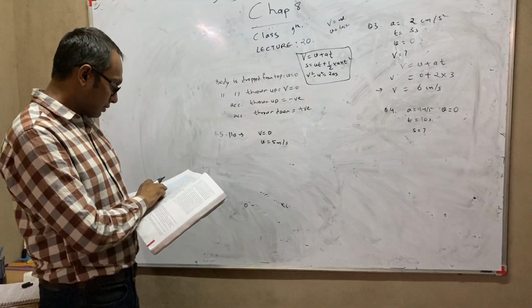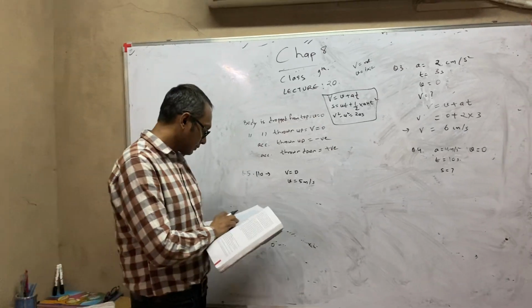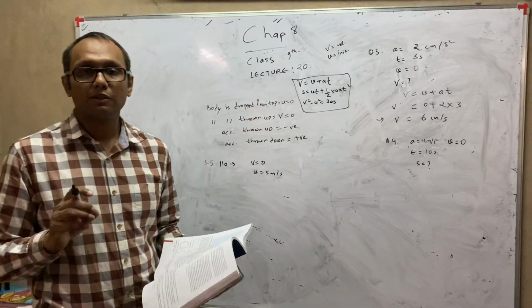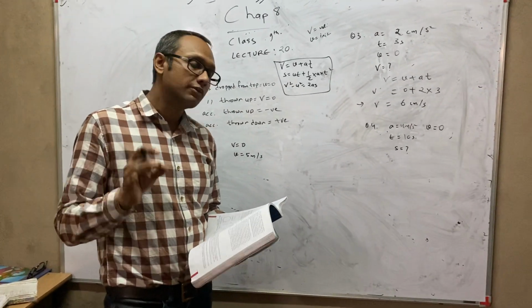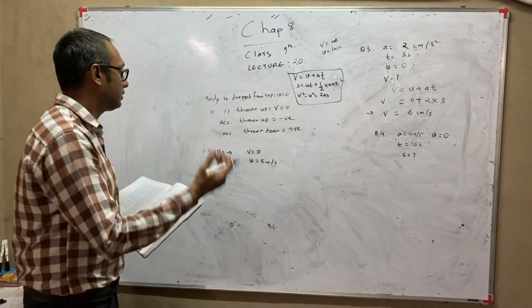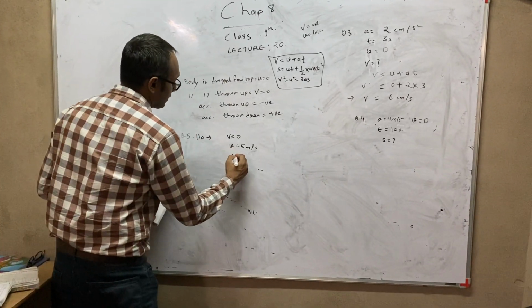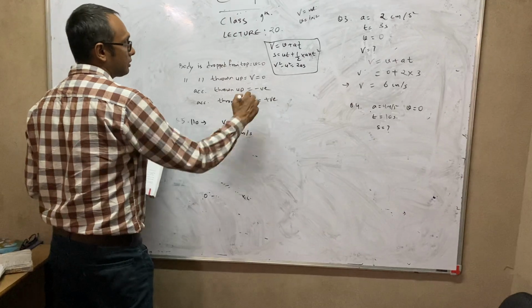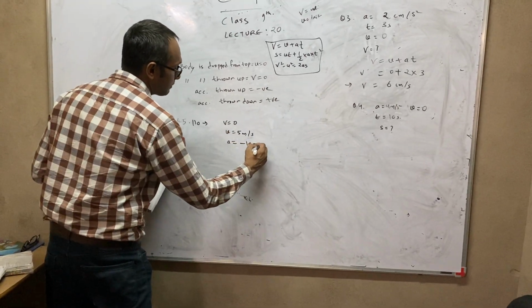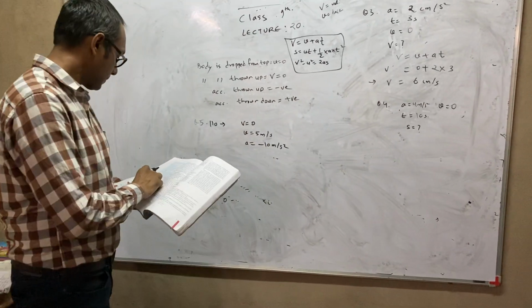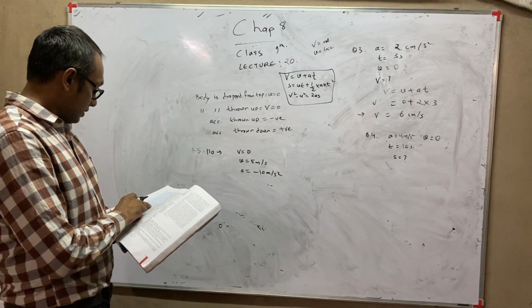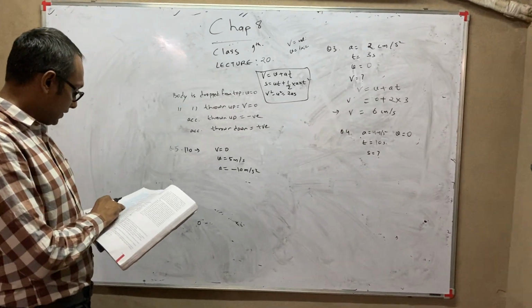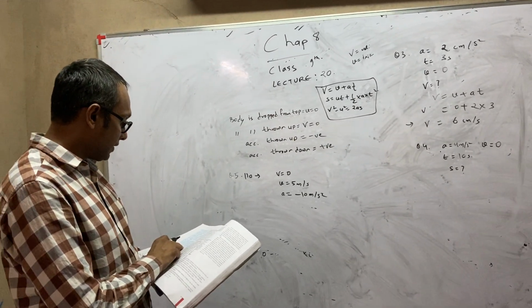The acceleration of the stone during the motion is 10 meters per second square in the downward direction. The word downward he has written to confuse you, but basically the stone is going up. So acceleration, as I said, when a body is thrown up, we will take as negative, so minus 10 meters per second square. And what will be the height attained by it, and in how much time will it take to reach there?